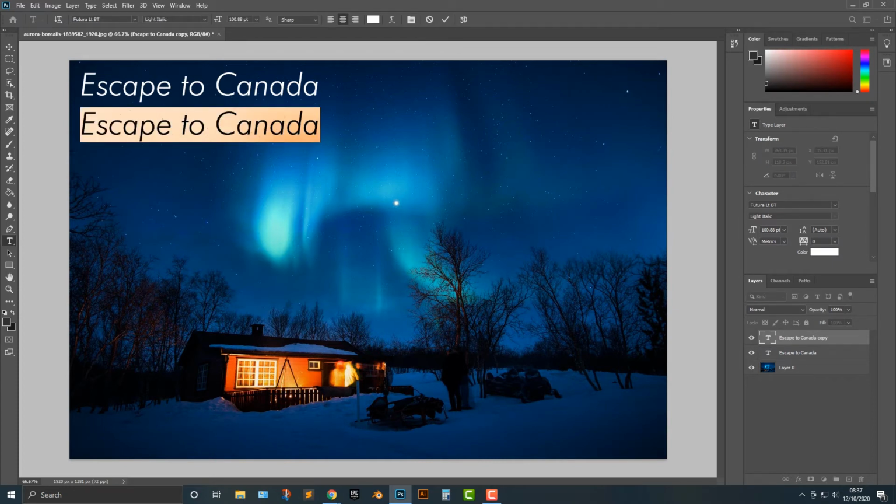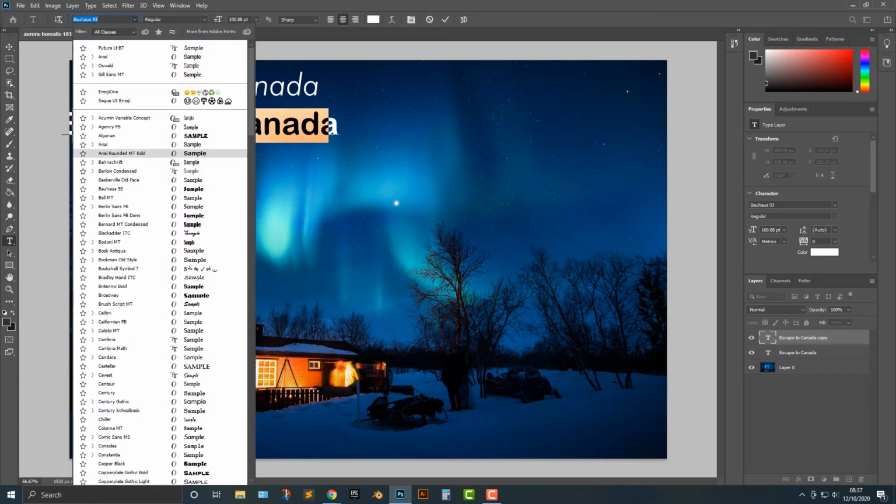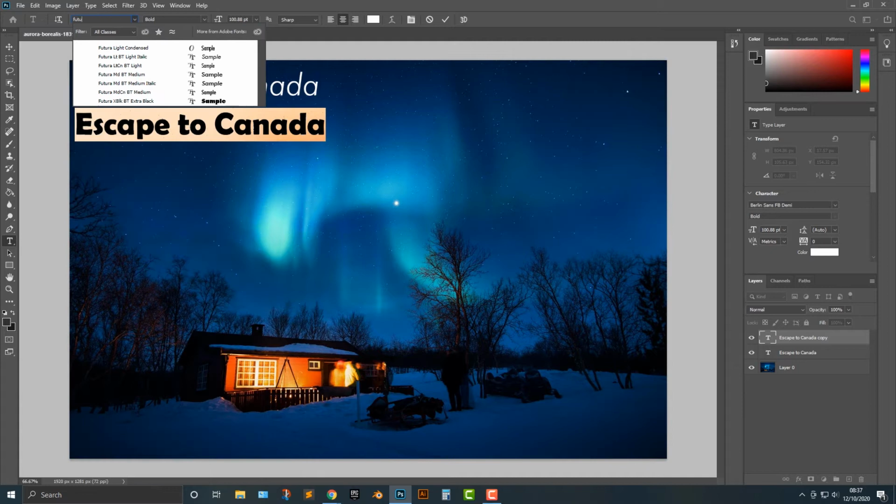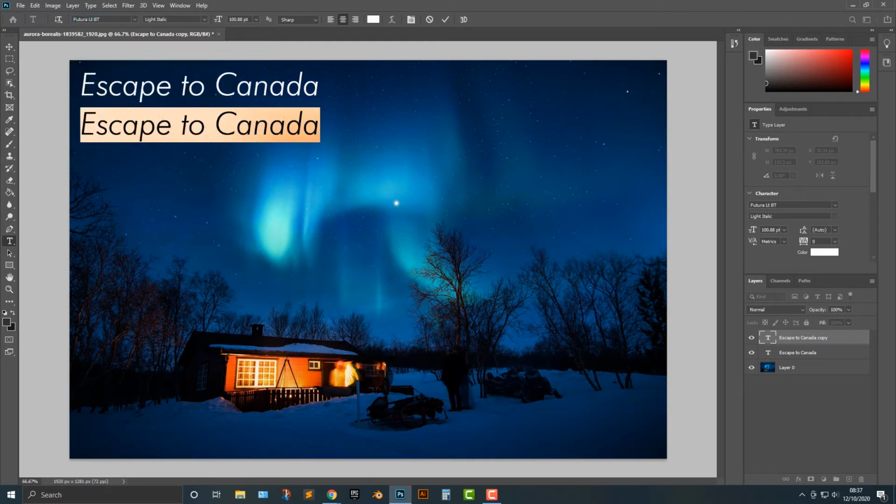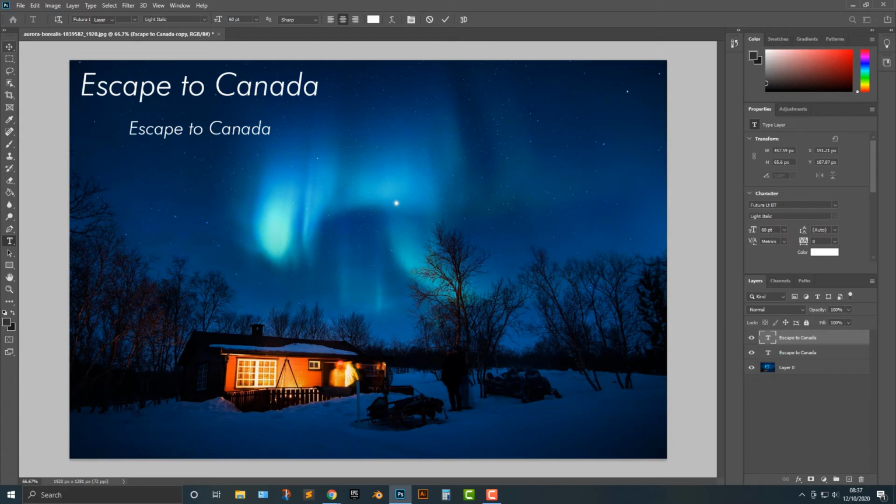Let's hop into this. And you can see that this is light italic. So if we go back to the Futura here, and if we just type in Futura, perhaps the light italic here is probably good. And then you can do the condensed here, but I'm just going to do the italic here, and I'm also going to drag this down to maybe about 80, maybe even a little more, maybe more like 60. Okay, escape to Canada, and then we need to put this somewhere here, and we'll say something along the lines of